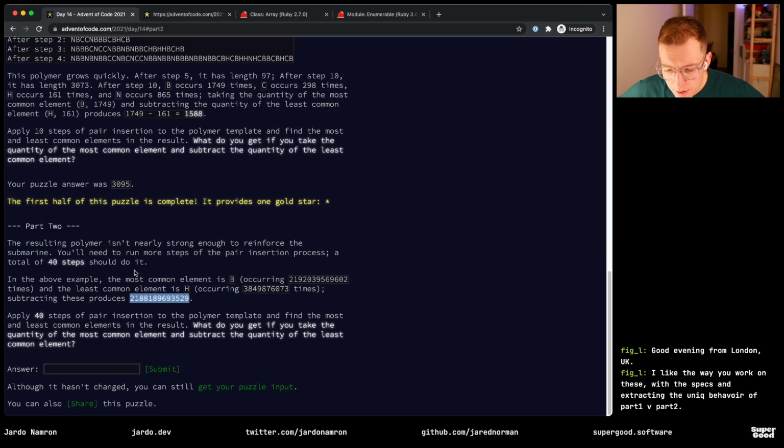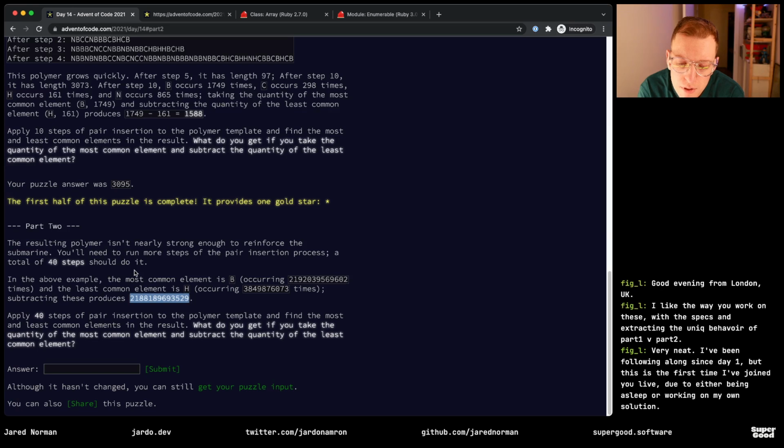Because, no, I can't, can I? So I was thinking if I just stored the pairs in a hash, I'd still be able to figure out how many times they occur. But if they occur on the edges,